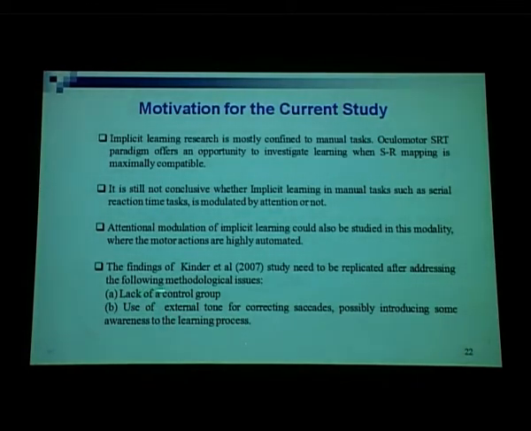In their study there was no control group that is exposed to, for example, a random sequence. The other issue was they used a tone because you don't have control on eye movements. You have the stimulus, you have to direct your attention there, and there is an infrared camera that is tracking your eye location. So you don't know whether your saccade landed on the stimulus location or not.